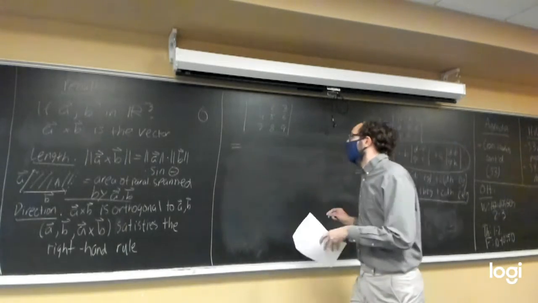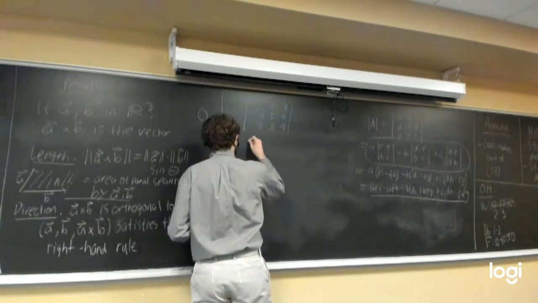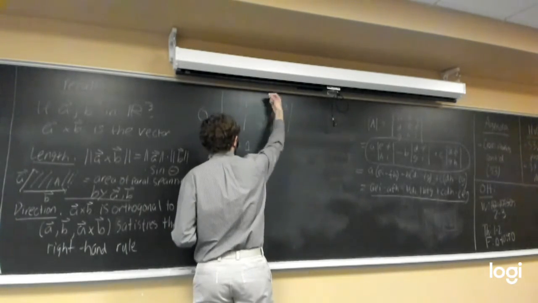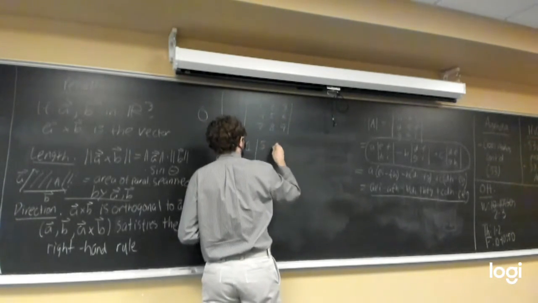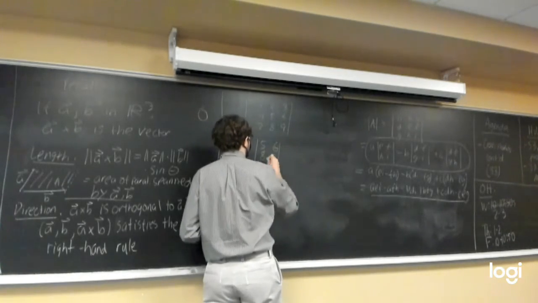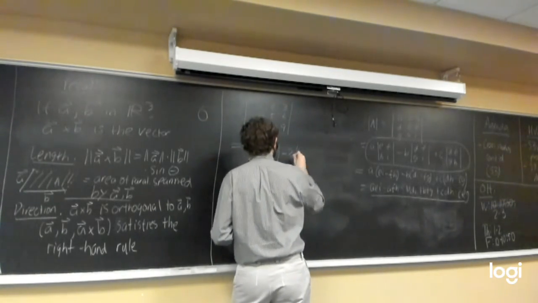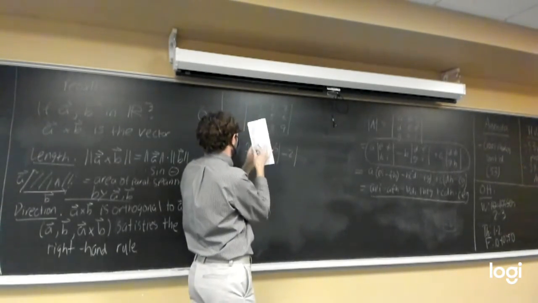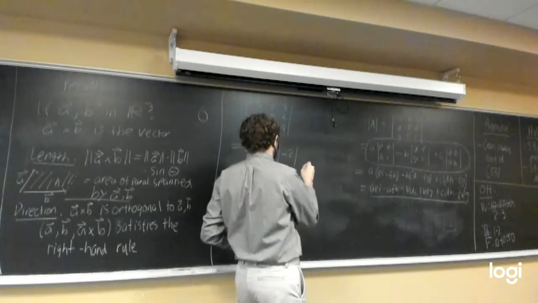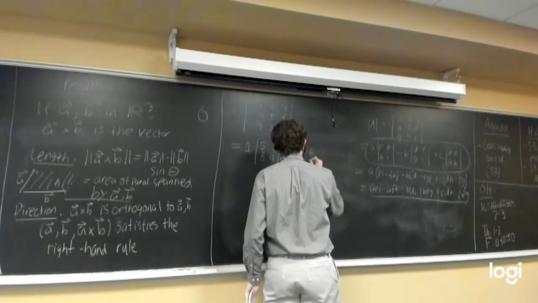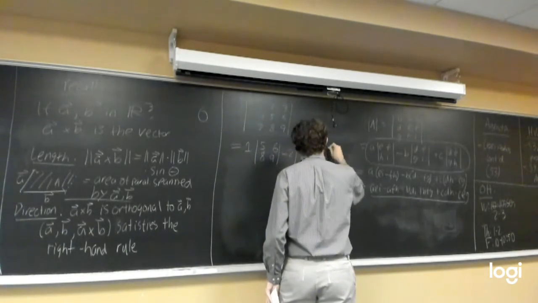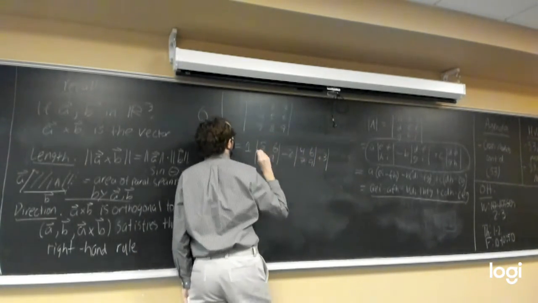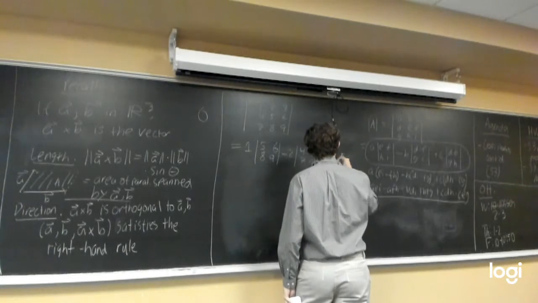So if we work our way across the top row, we'll get 1 times the determinant of the 2 by 2 matrix we get if we remove the 1 row and 1 column, 5, 6, 8, 9, minus 2 times the determinant of what we get if we remove the 2 row and the 2 column, which is 4, 6, 7, 9, plus 3 times the determinant of what's left if we remove top row, 3rd column, 4, 5, 7, 8,